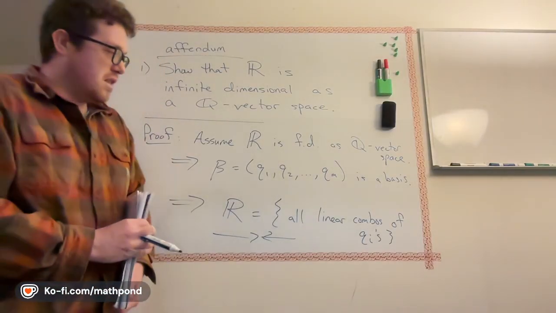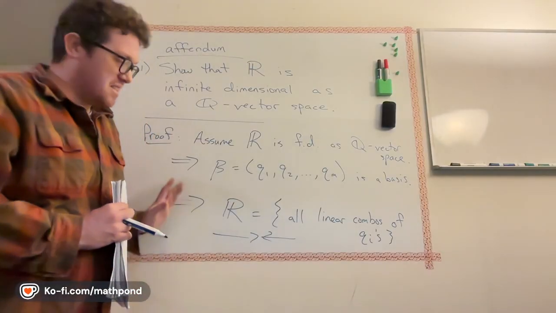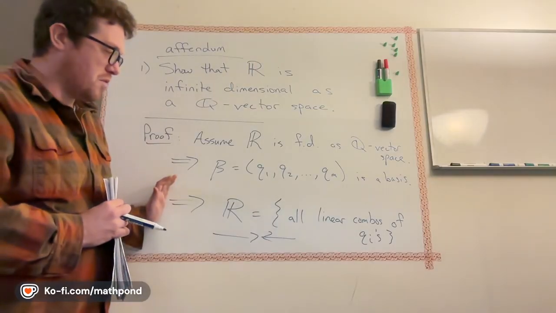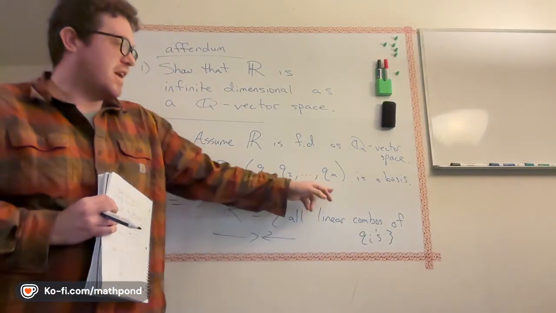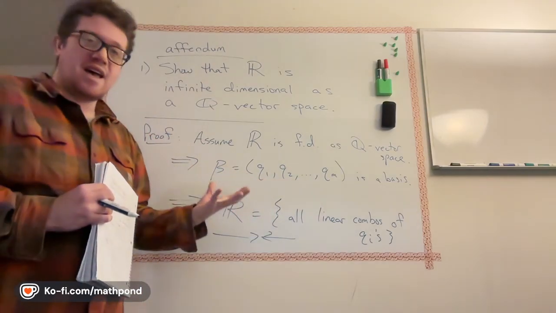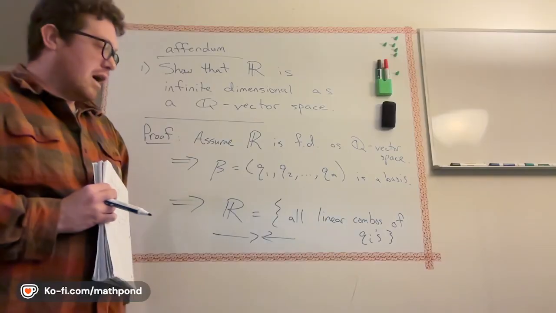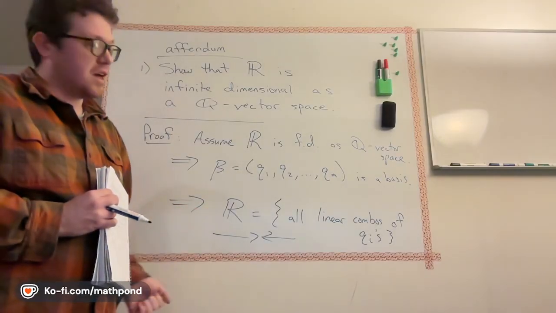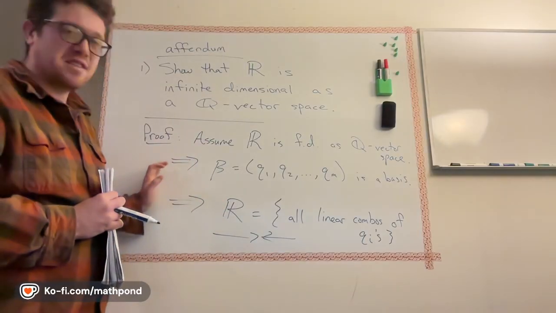Right, I'm not claiming that this is a full proof. Definitely, this step is not obvious: how to prove that if I take all linear combinations of these finite set of numbers, that set can be at most countable. And then there's no way that it could be equal to R if it's at most countable. So this is sort of a set theory argument in some sense, but I'm leaving out the set theory part of it.